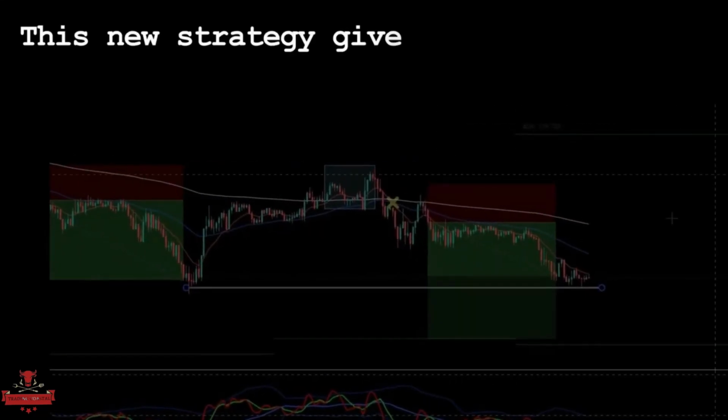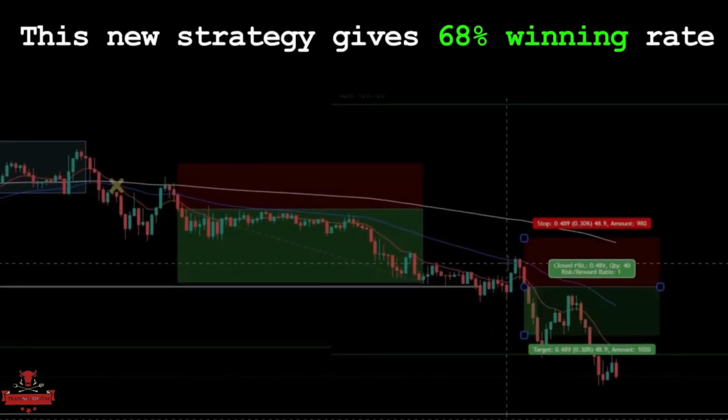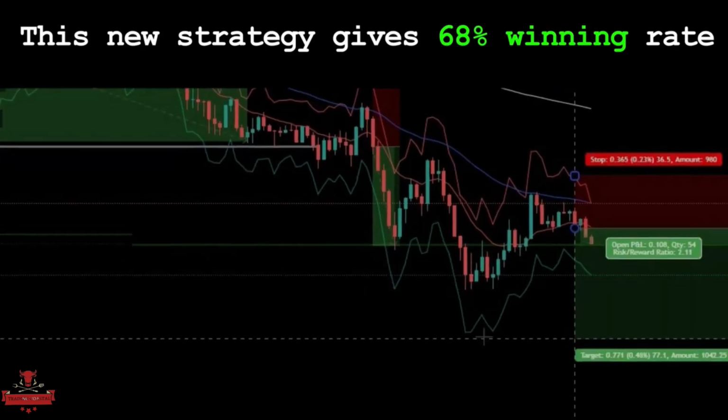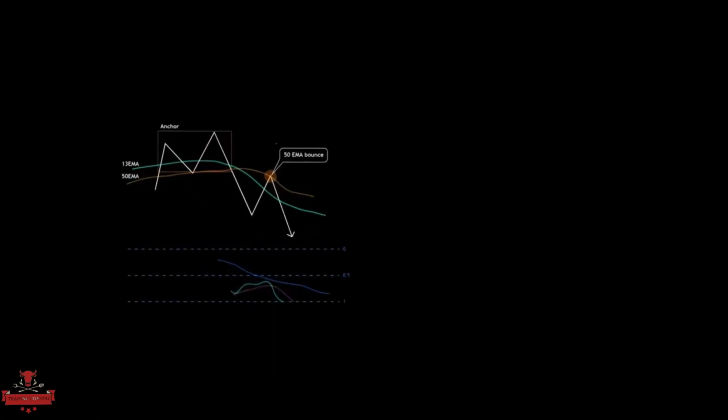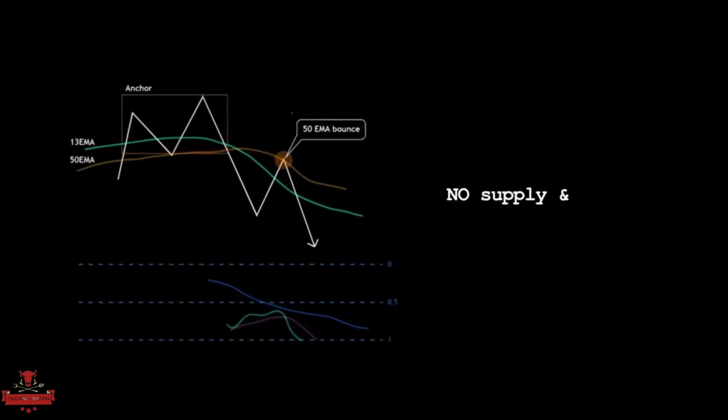This new strategy gives a 68% winning rate. I backtested for a month, and I am going to share the results with you. This strategy is different from our current strategy, and it does not include supply and demand, liquidity level, imbalance and stuff like that. I am going to show step by step how to apply it on your chart, so pay